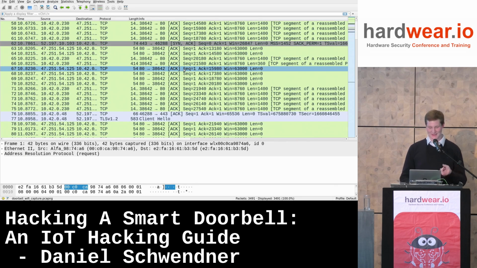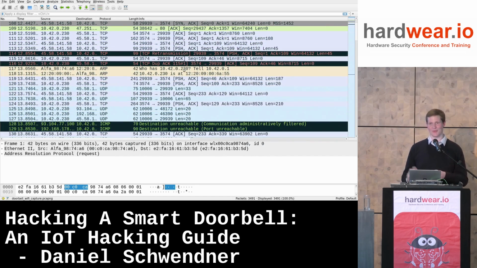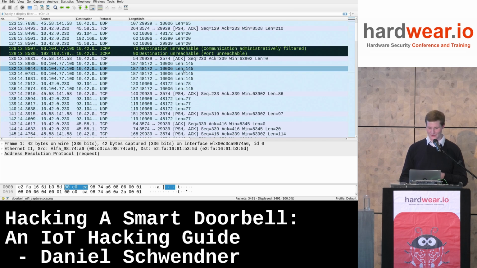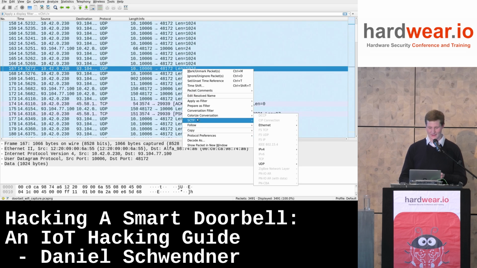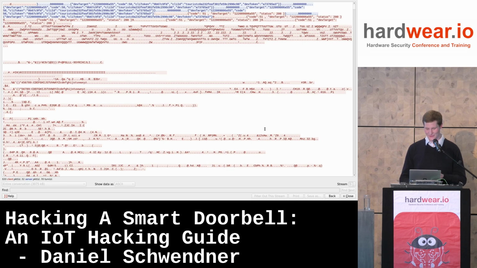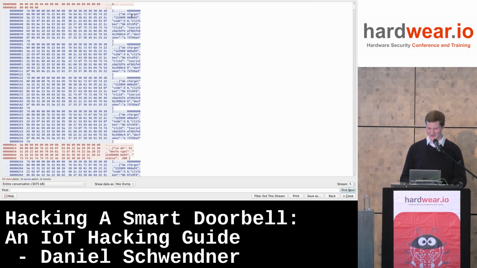Then later on, there's some TCP packets because you're actually ringing the doorbell and triggering it. And once it's triggered, you saw it before, it actually starts a video stream. So now the video stream is started here, and you can see it's a lot of UDP stuff. So we can actually just follow the UDP stream. And if you show it as hex dump, it's probably a bit small for you, but